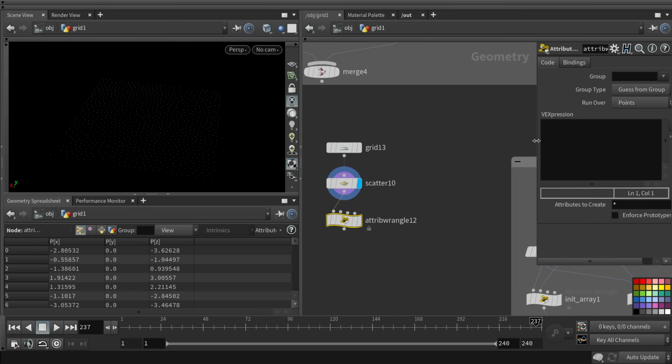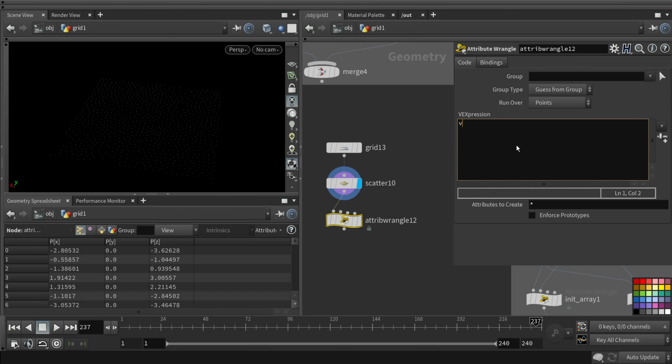So I'm using a point triangle here, and what I wanted to do here is that for each point I wanted to modify the other guy's information. First I will initialize a variable called id, and it will be ptnum. I'm going to use another point triangle, and that is